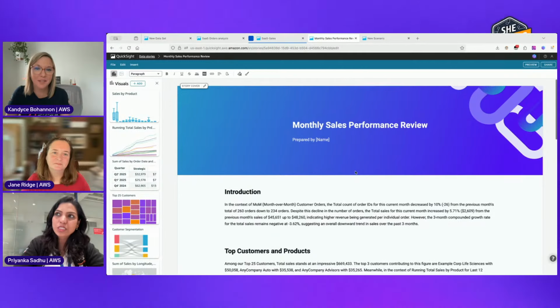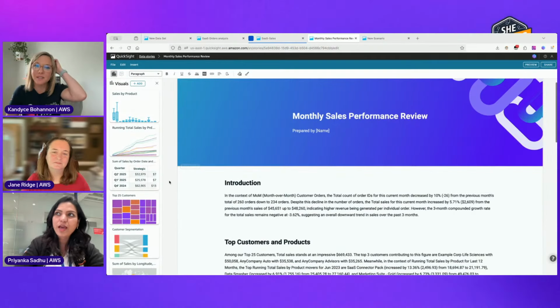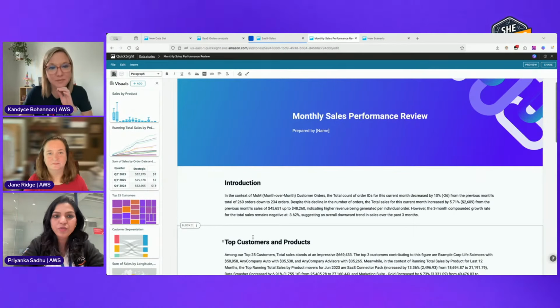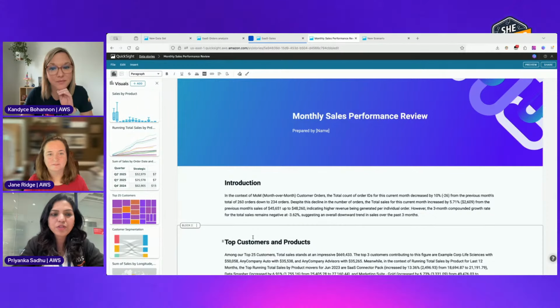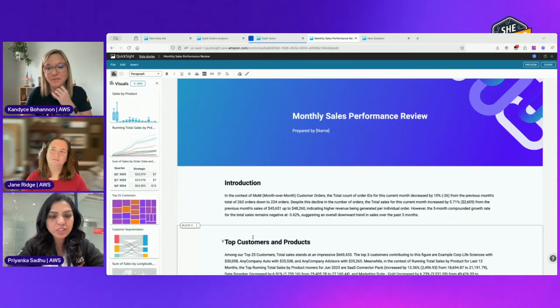And you might think, what is this? So all the dashboards that we have, we created a data story out of it. And what is a data story? Think of it like if you had to present this to your leadership in a next meeting, and they're like, tell me the key points out of this dashboard.